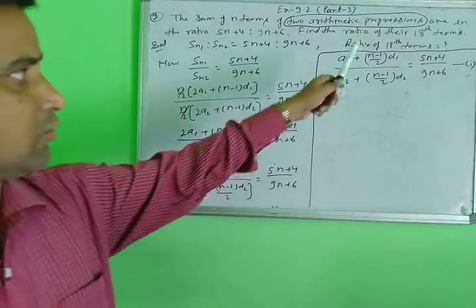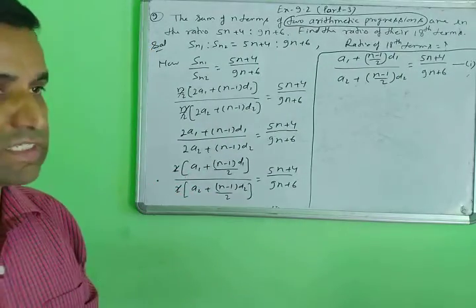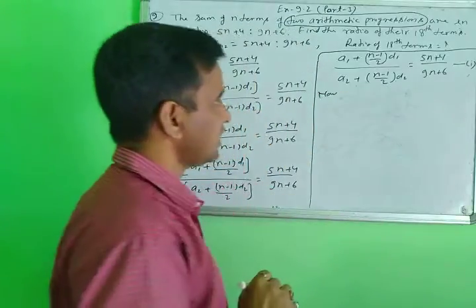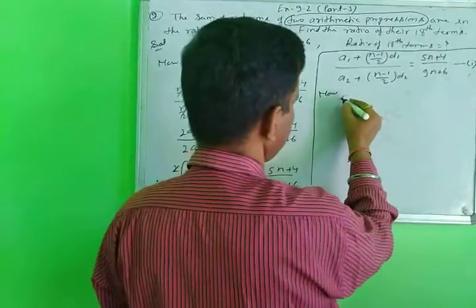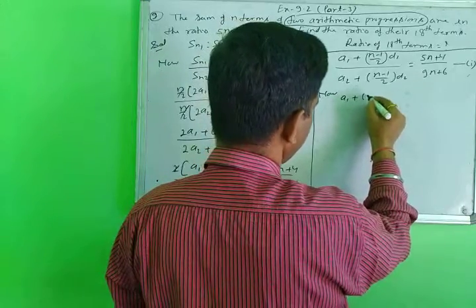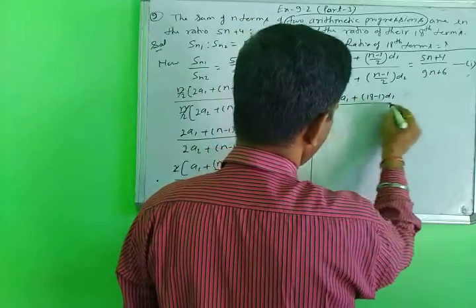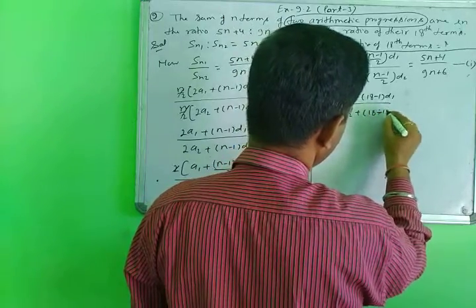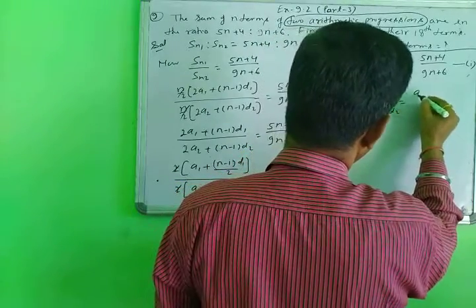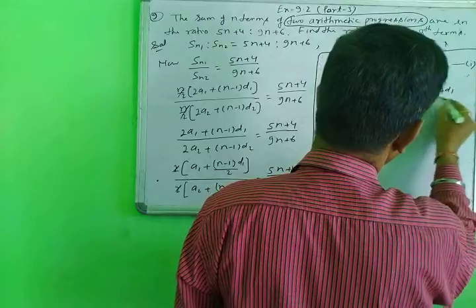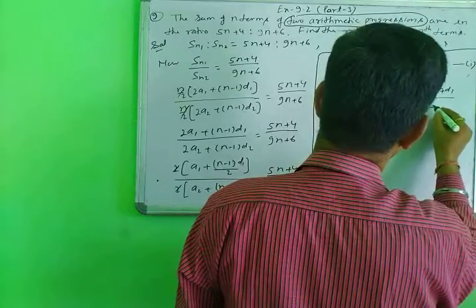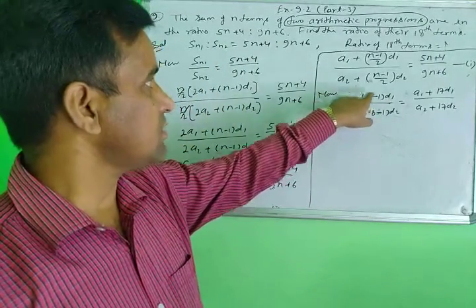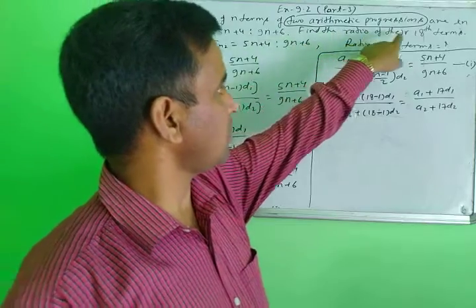After that, what do you find here? You will find the 18th term, means T18. You are finding the T18 term here. Now a1 plus 18 minus 1 times d1, upon a2 plus 18 minus 1 times d2. What will the term be? a1 plus 17 d1 upon a2 plus 17 d2. After solving, means the 18th term, you will find the ratio of their 18th terms.